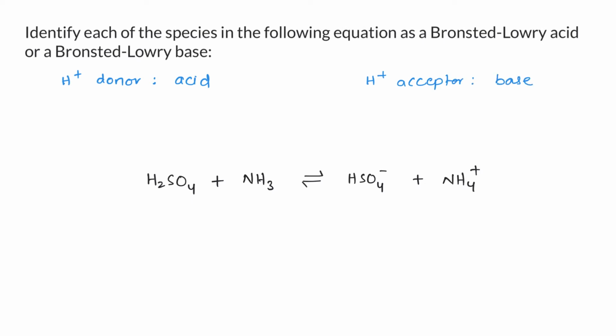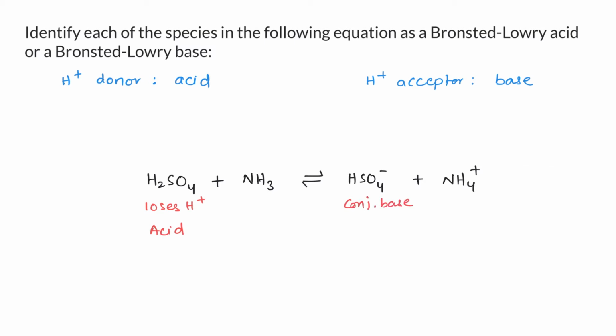Now, if we look at the equation, the sulfuric acid H2SO4 loses a proton and becomes HSO4 minus ion. So, the sulfuric acid which loses a proton is the Bronsted-Lowry acid, and the HSO4 minus ion formed is its conjugate